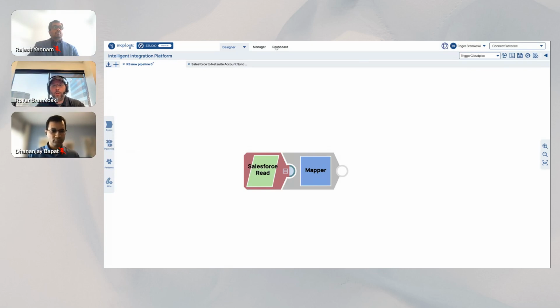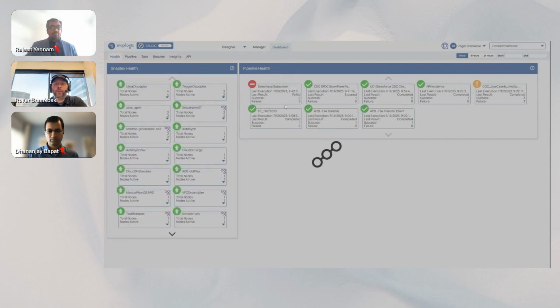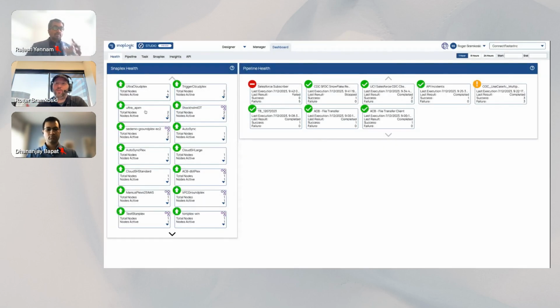And then the dashboard, which I'm going to click on quickly here, is a way to see integrations that are actually executing and get a health status of your environment. So the first thing that we can see when we come over here is just the status of what we would call snaplexes. These are where the data executes. I think from a security perspective, Dhananjay mentioned earlier that we have the ability to deploy these execution containers in your network, right? So if you are in finances or if you are in medical, anything with sensitive type data, it is possible to keep all of the actual data processing in your networks, clouds, whatever it may be,